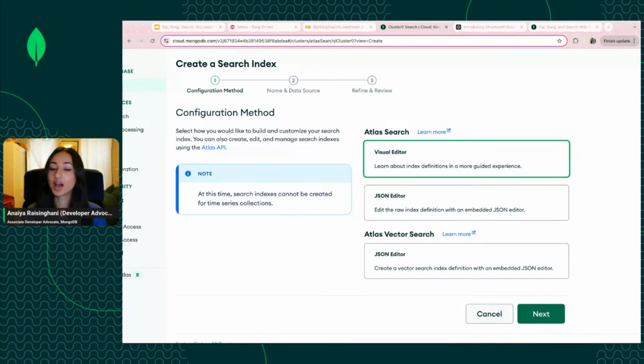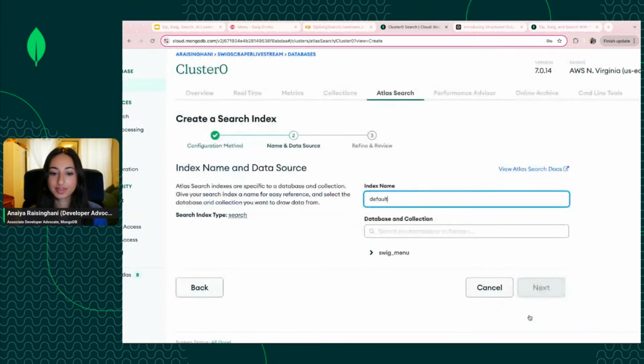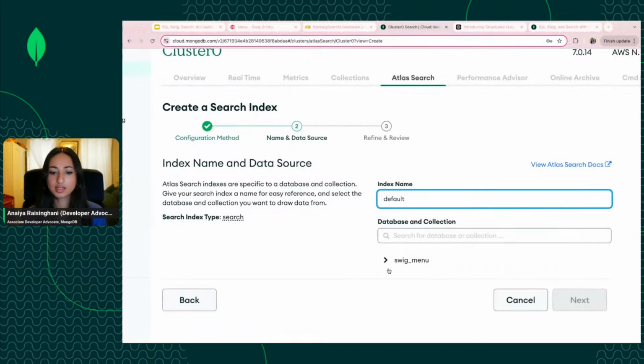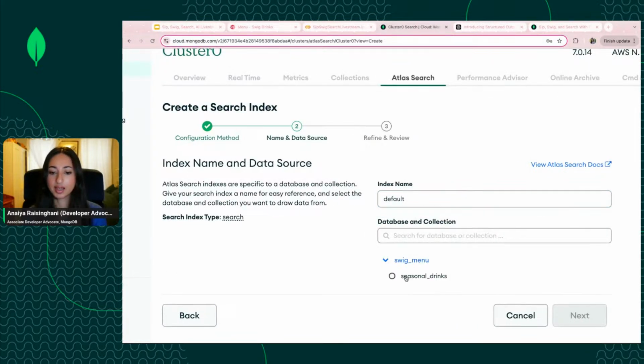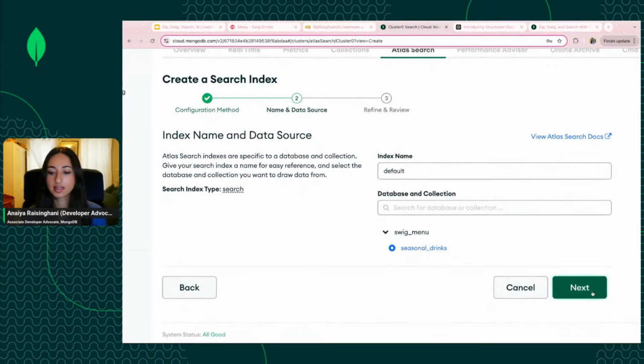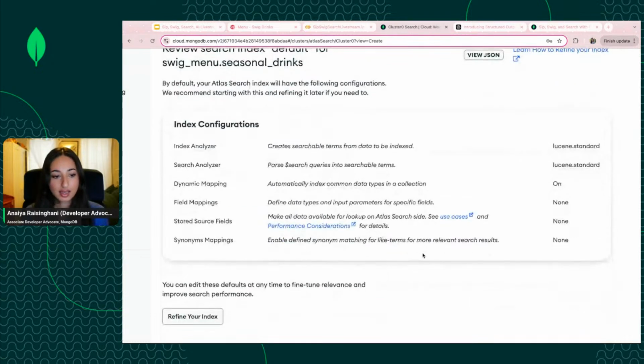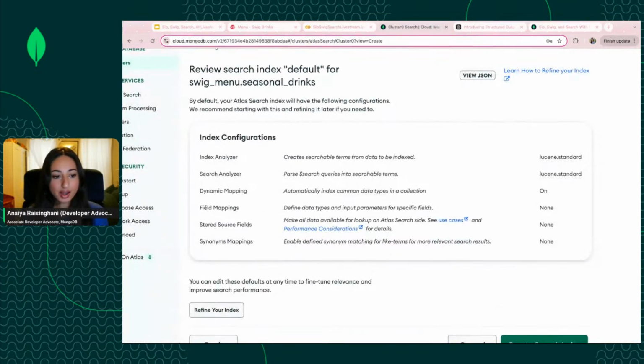So that's really fun as well. If you haven't tried it out, I recommend that you try it out. So we're just going to be using the visual editor. And then I'm just going to keep the name as default, but I'm going to go down here and click on seasonal drinks. Let's go next. And over here, I can see that for field mappings, I have none right now,